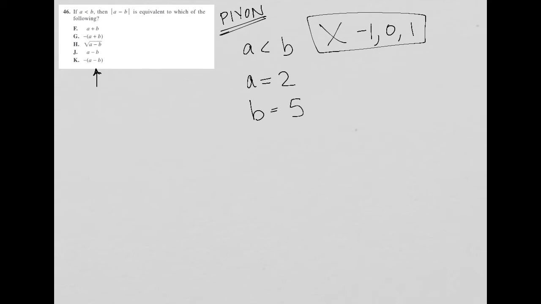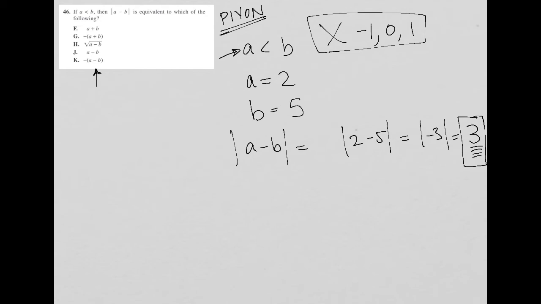So these are my own numbers, but they reflect the fact that the question did tell me A needs to be less than B. All right, so then, when I do A minus B absolute value, that means I really have 2 minus 5, which is -3, which is actually +3. So here is the solution that I'm looking for when I plug my numbers into the question,